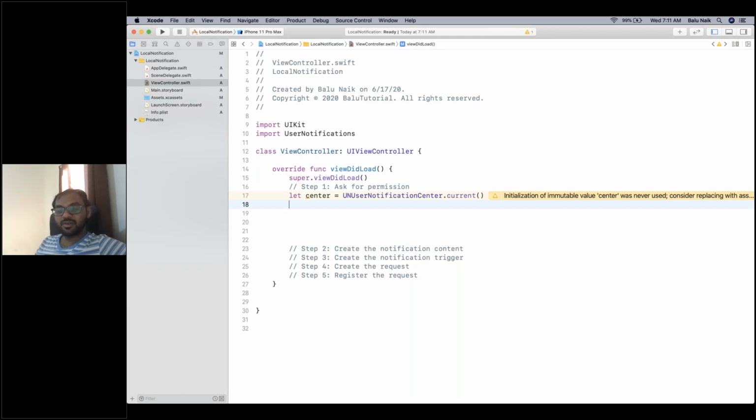So let center equal to UN user notification center default. Okay. So when any notification is arrived to the system, that notification,